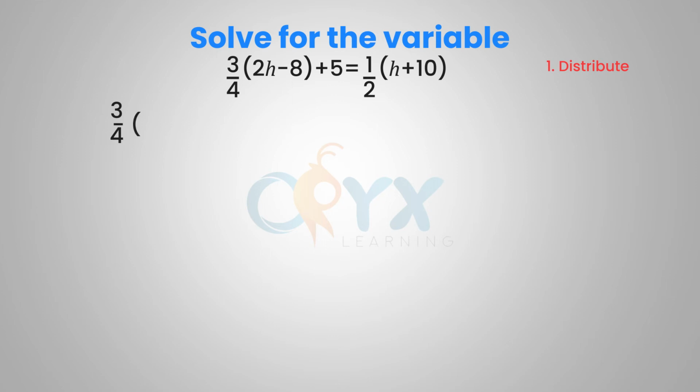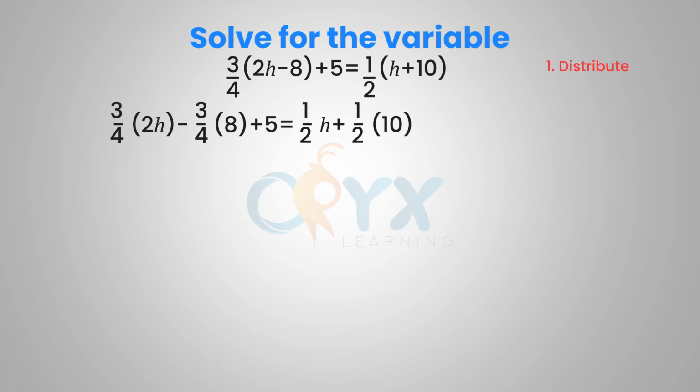When we do that, we get 3/4 times 2h minus 3/4 times 8 plus 5 on the left side, and 1/2 times h and 1/2 times 10 on the right side. Simplifying, we get 3/4 times 2, which is 6/4, which reduces to 3 over 2. So 3 over 2h minus 6, 3/4 times 8 is 6, plus 5 equals 1/2 h plus half of 10,